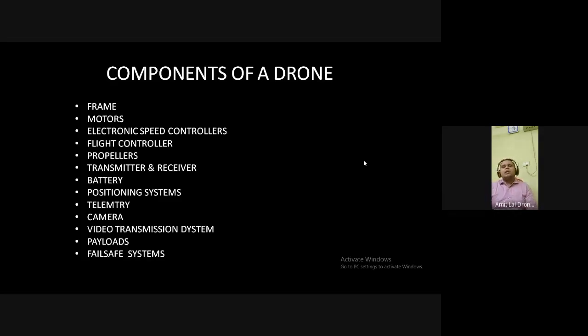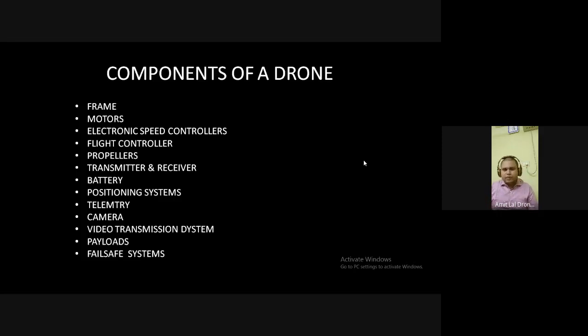Then we talk about transmitter and receivers. So why transmitter and receivers? Because as I said, every time you cannot go to the drone, connect it to the computer, adjust something, and then put it to fly. So to remotely control it, you need a remote controller, something like this, or maybe a bit different. Those things are called transmitter and receiver. For example, my phone is acting as a transmitter, and your phones are acting as a receiver. So whatever I am saying is getting transmitted to you, your phones are receiving it and then displaying that to you.